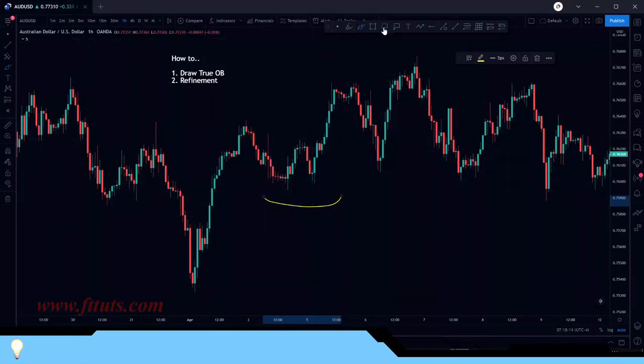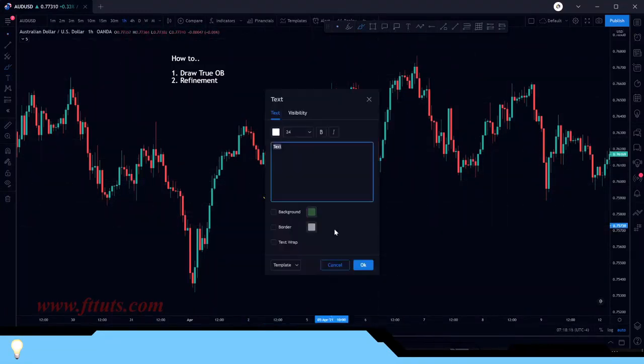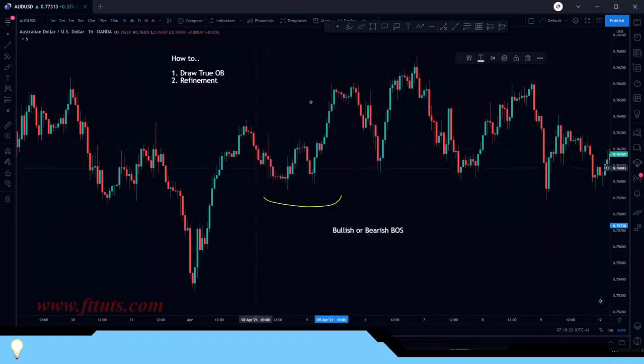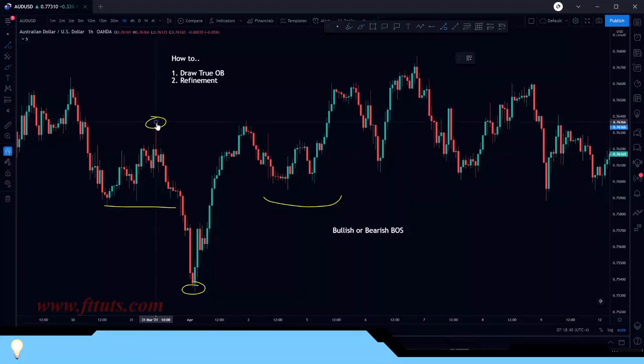So to have a valid order block, what do we need? We need a bullish or bearish break of structure. So what can we see here? Okay, we can see the highs over here, low created. Why? Because we have a break of structure here. Now, as price came back up here, we created equal highs. It didn't necessarily break the point of structure